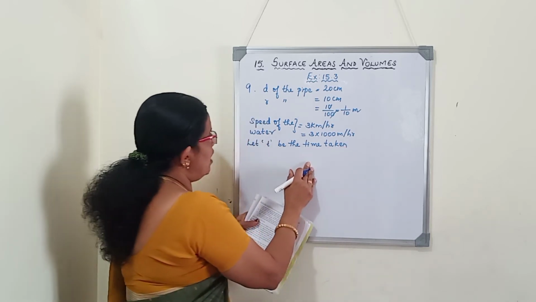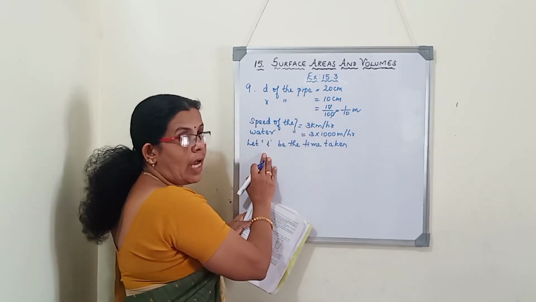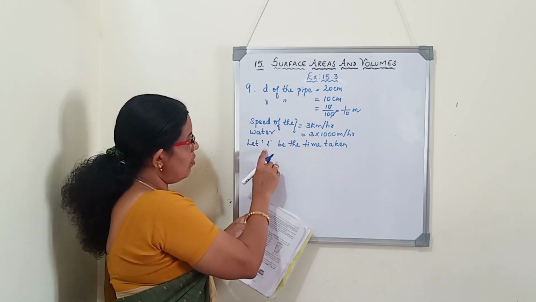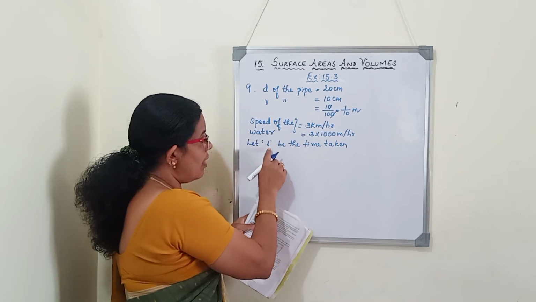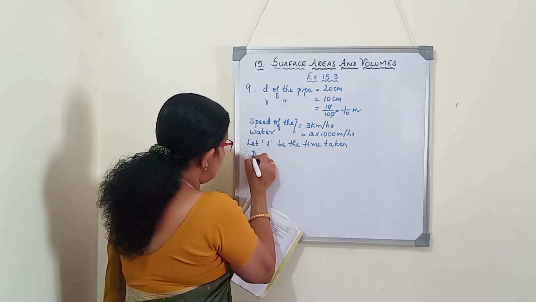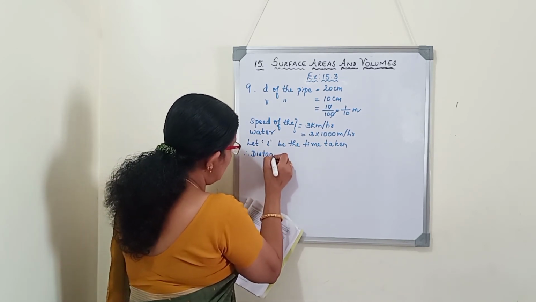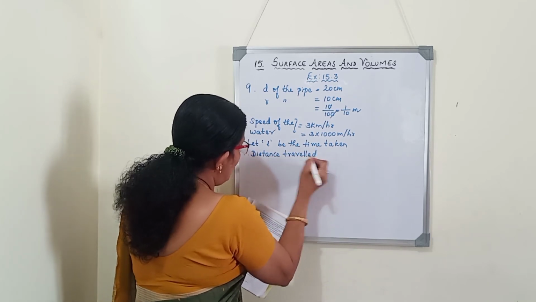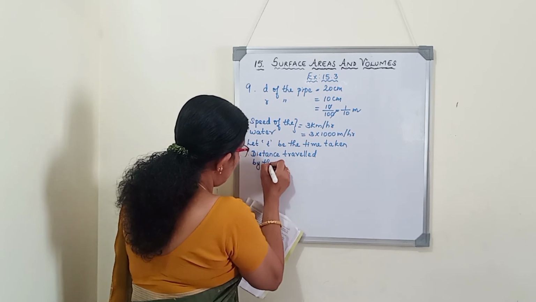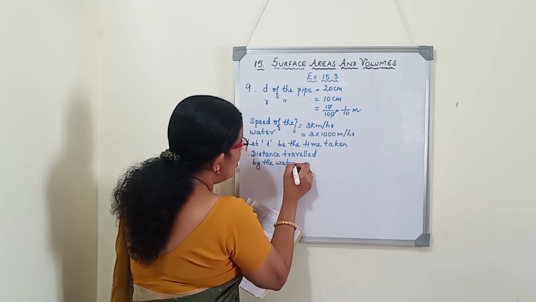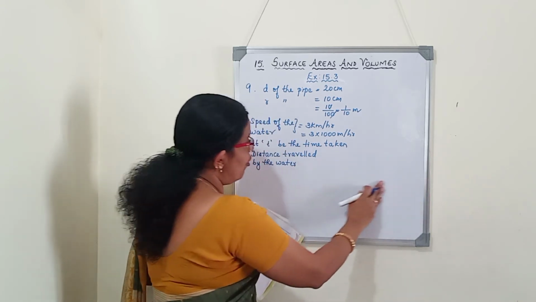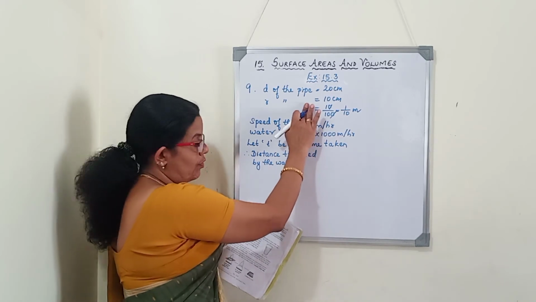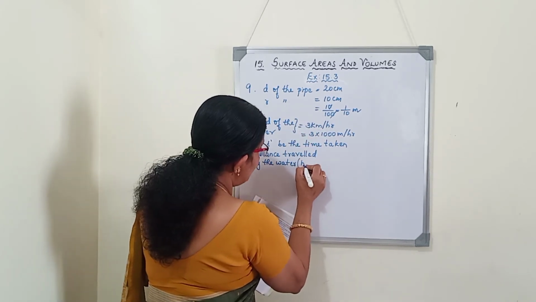So like the previous question, speed of the water is given. There the time was given, 30 minutes. We converted it into half an hour. But here time we have to find out. So let T be the time. Speed is given, time is assumed. Therefore distance we will find out. Distance traveled by the water in the pipe. So how much distance the water is flowing in the pipe will be considered as the length of the pipe or height of the pipe. So that is the height of the pipe.